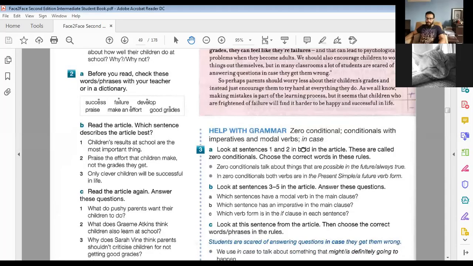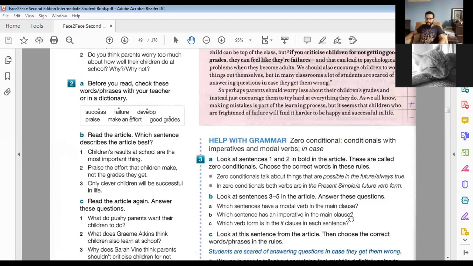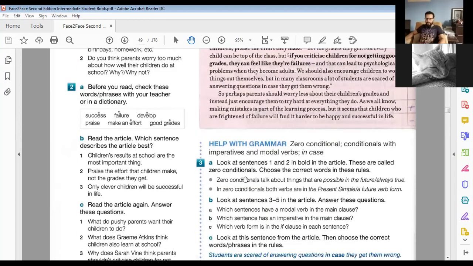This is the main difference really between first conditional and second conditional. Okay. So we did a little bit of this last lesson, and we talked about these two rules. So let me just quickly mark them again for you. We discussed that zero conditional talks about things which are always true. So for facts, and we also agreed that in zero conditionals, both verbs are in the present simple, okay? So this was the last point we covered in the rules.